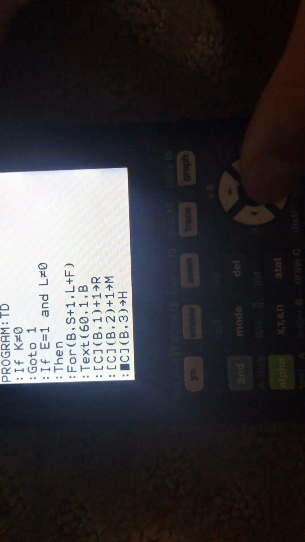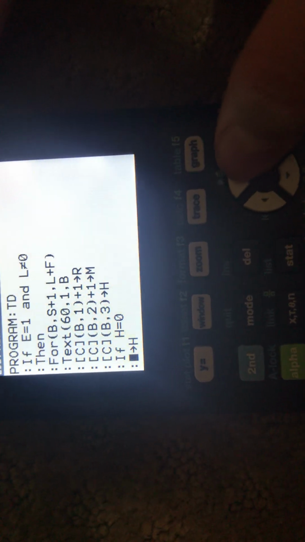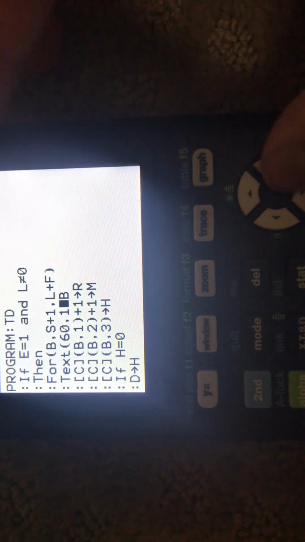And then we got this thing that draws lines. I think it does. Wait, no. What does this do? Oh yeah, this thing does draw lines. Okay, so this is basically for b, which is the thing where, if you understand for loops, s plus 1, which is the start, and then l plus f, which is the end. So yeah, it just does the text. I forgot what I did here, but